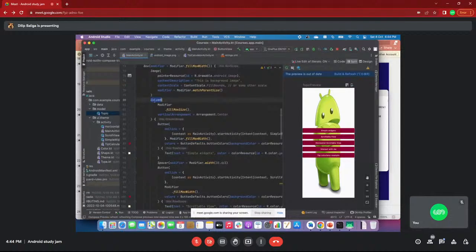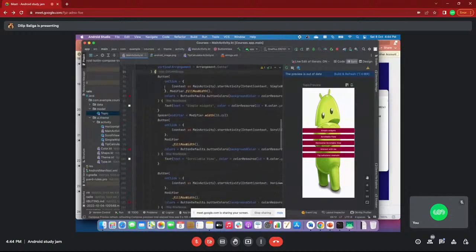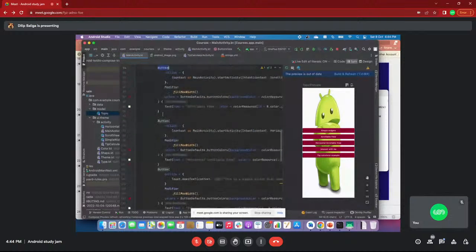Now we will move to Column. Column is a parent layout that will arrange the inside layouts in a column-wise manner. For example, here I started this column. Inside the column I have lots of widgets, meaning views: button 1, spacer, button 2, spacer, button.